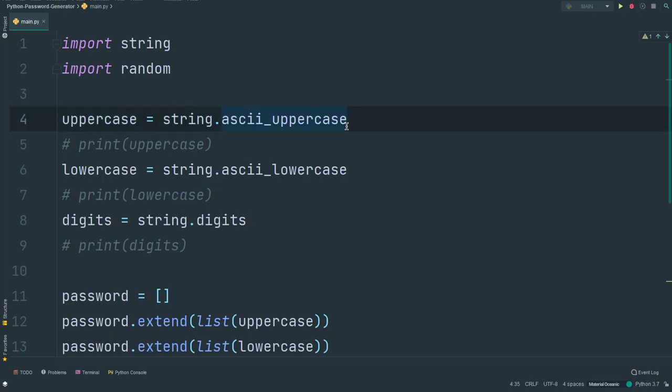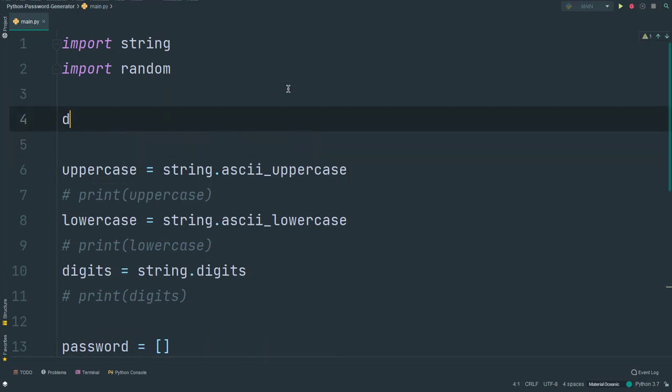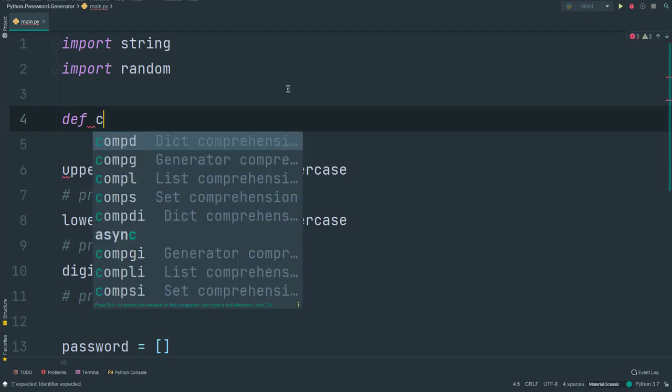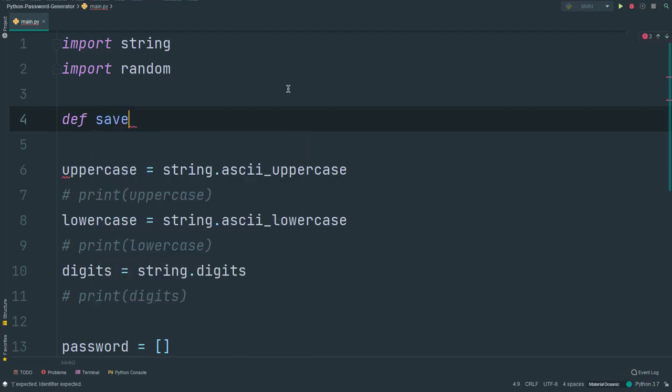You think that no, we can't forget this password, but we can forget this password easily. So I'm going to make a function here, def save password. I say save password, and I'm going to say